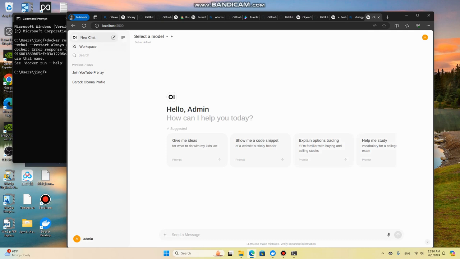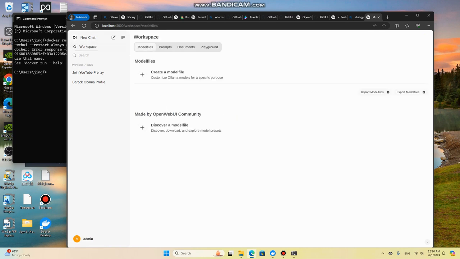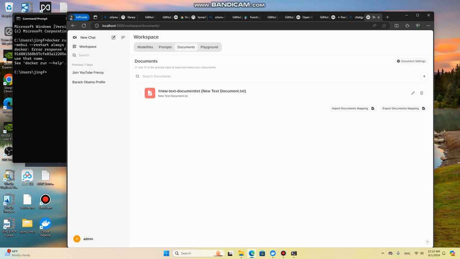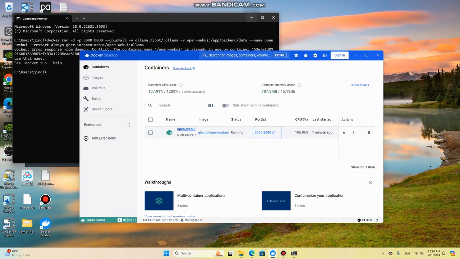So now that you're logged in, you can go to a new chat or a workspace. In the workspace, you can create or discover model files and import or export them. This is where you get your model to do specific things, likewise with prompts, and for documents here. For documents, you can upload a text document with the plus sign here. As you can see, I have